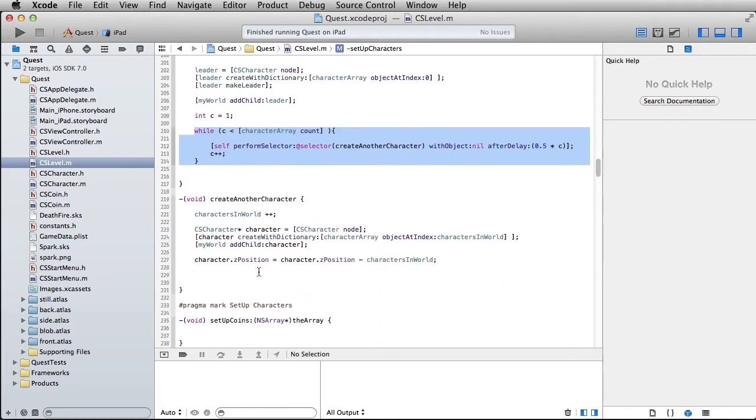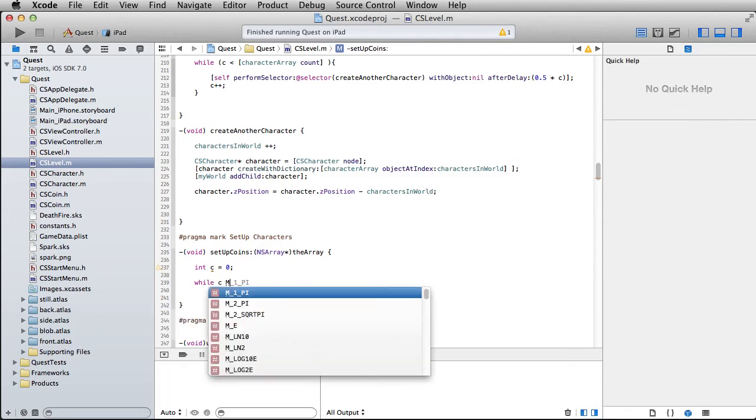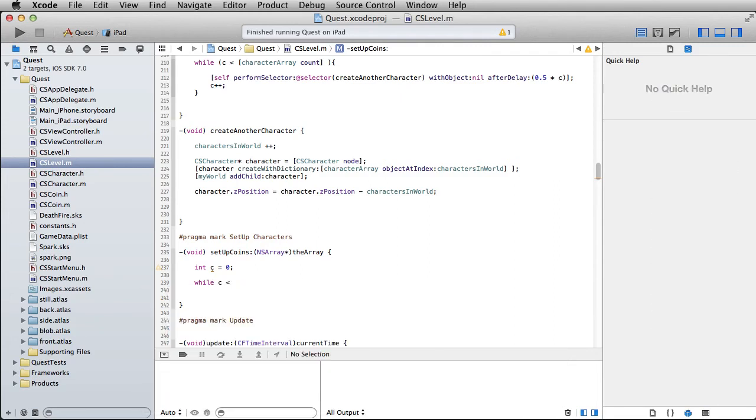So we'll do something similar to that, and afterwards we don't need to really hang on to the coin array, I don't think. All right, so we'll say int c equals 0, and while c is less than,